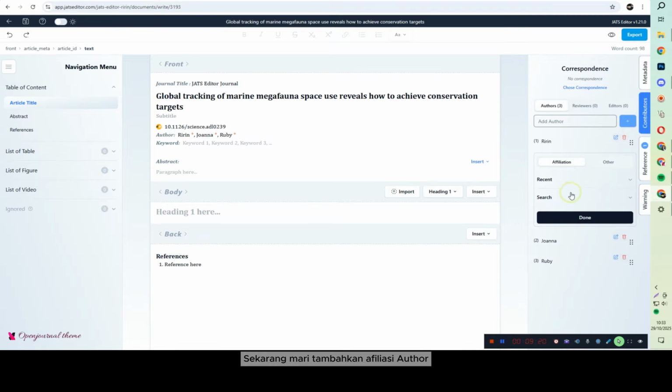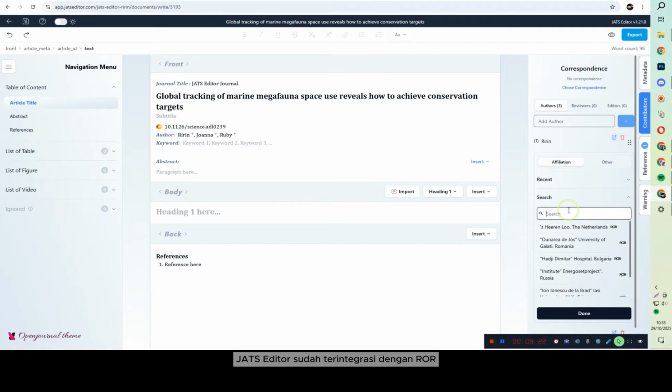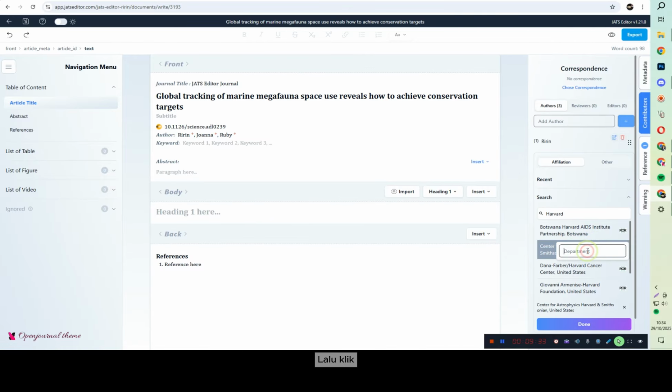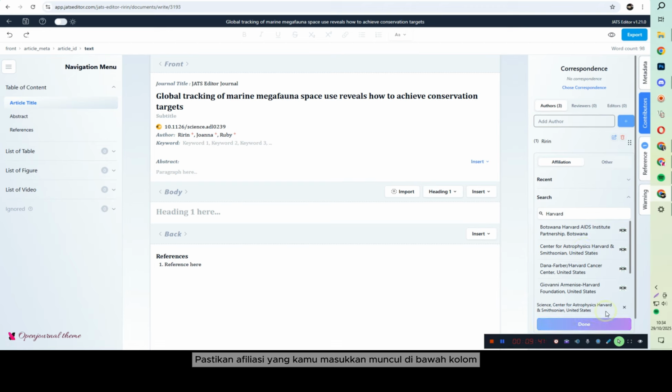Now, let's add the author's affiliation. Just Editor is already integrated with ROR, so you don't need to worry about validation. Just type the institution or university name, click on it, then add the author's department. Once done, press enter on your keyboard. Make sure the affiliation you enter appears below the field to confirm it's added.